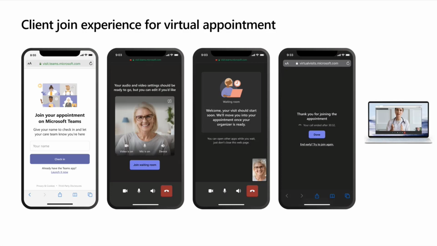Now, quickly checking questions. Am I missing questions? Can we customize the logo, color, and background on the client side? Yeah, so that is actually coming in the second half of this year. So for the public preview, it's just some standard industry messaging that changes the words a little bit.